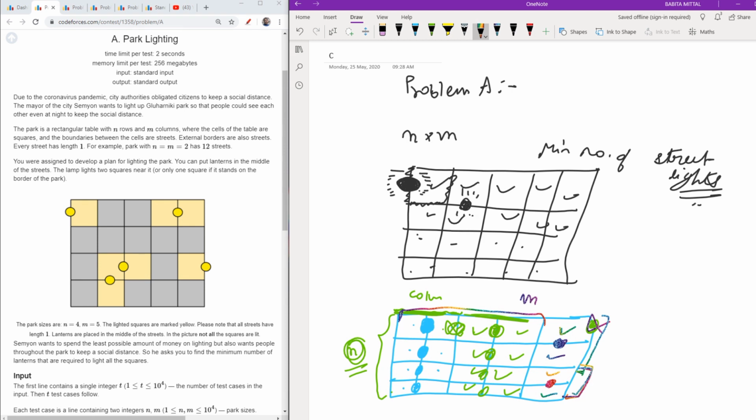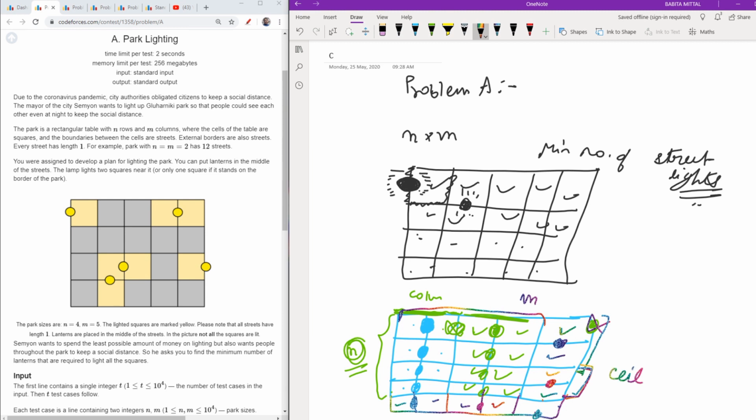Now you will say, Aaron, what if here we had one more like this? I will say no worries. You had one more, so first of all you will place one more here, and it will be lit. You place one more here, so it will be lit. Now you had this, now it is remaining. Either you can place here, but I will place here instead, or you can place here also, because only one is remaining. So actually we need to have the ceil value.